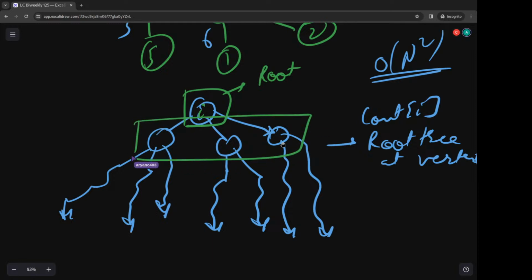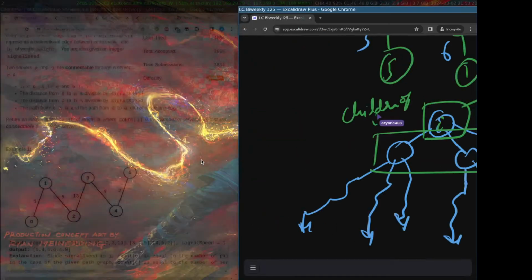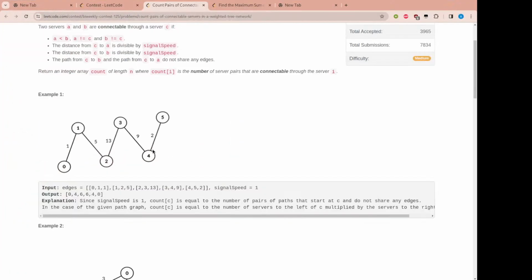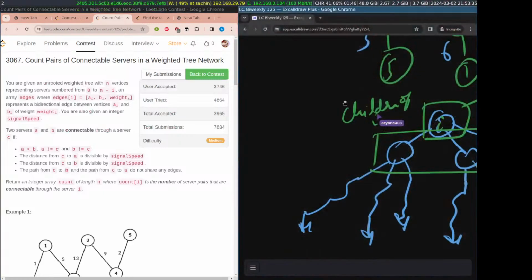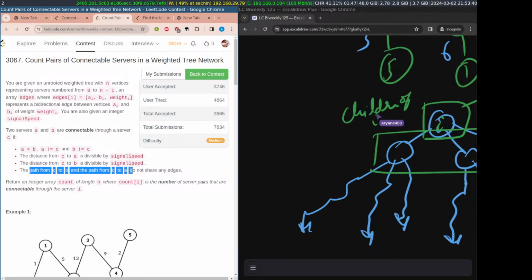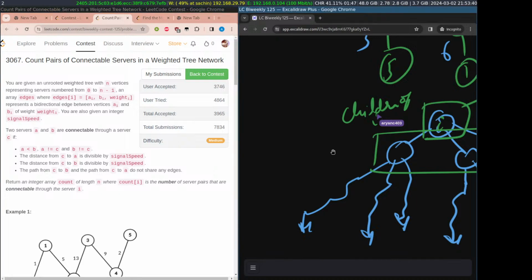These are the children of i. We don't really care about A less than B. Because the vertices are different, one of the vertices would definitely be less than the other. We also need A not equal to C and B not equal to C. And because path C to B and C to A do not share any edges,